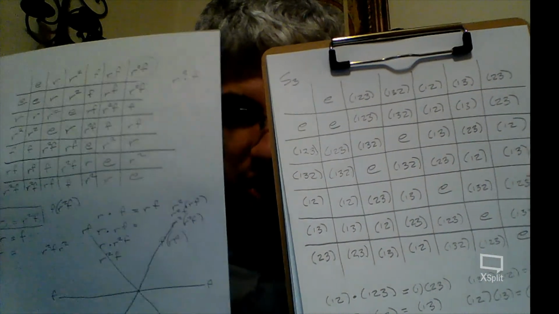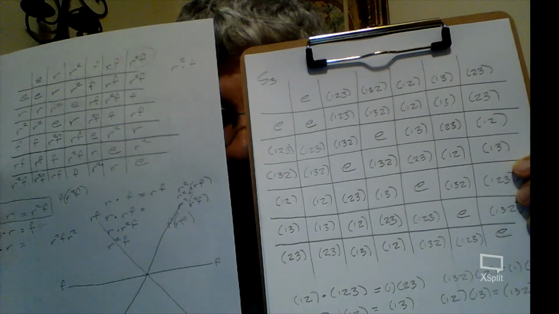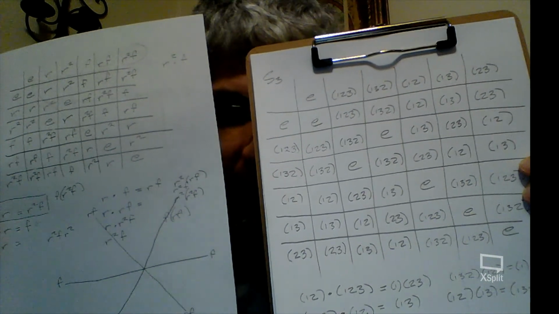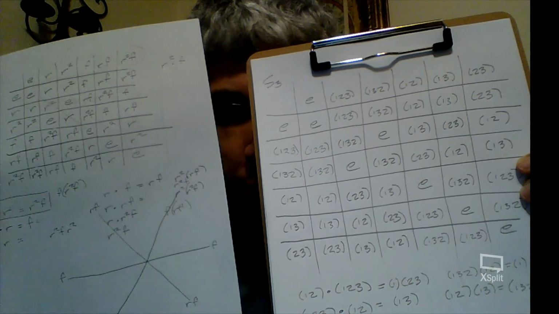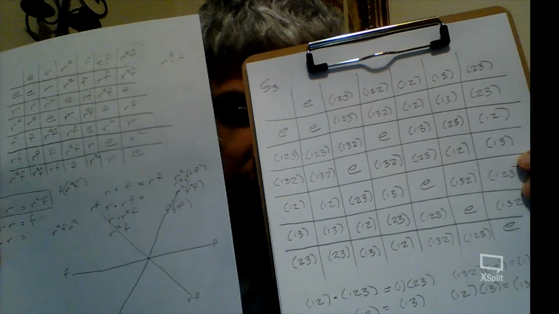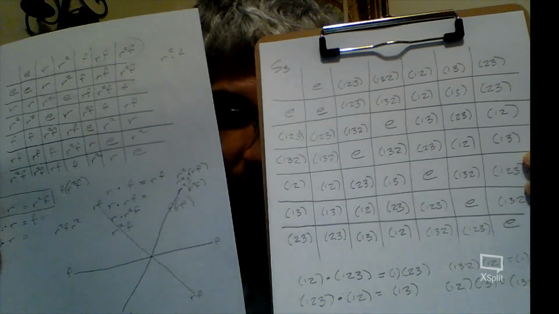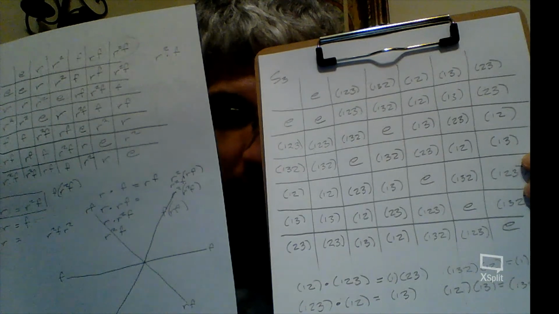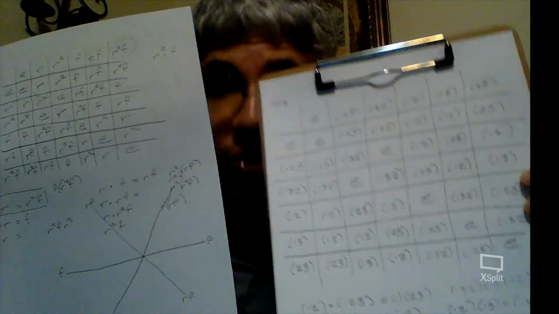Is there a way to just change the names in order to turn one of these into the other? So if you're looking carefully, notice that the F corresponds to 1, 2, but not only that, every place in the table where you see an F, over here, you see a 1, 2. Every single one. Look at where the F's are, and look at where the 1, 2's are. And the same is true for the 1, 3 and the RF and the 2, 3 and the R squared F, and the R and the 1, 2, 3 and the R squared and the 1, 3, 2. These are the same group. S3 is actually isomorphic